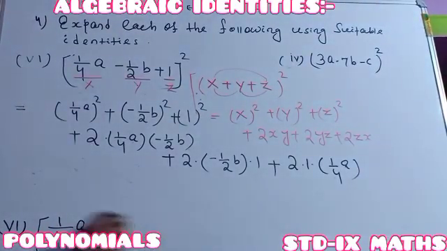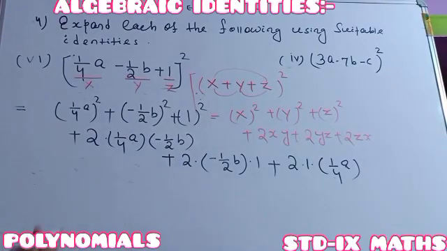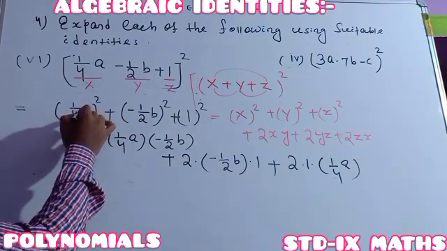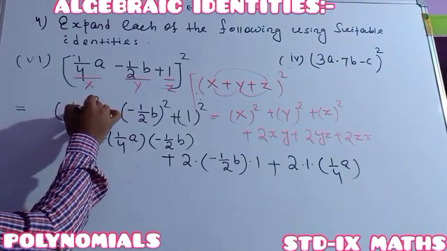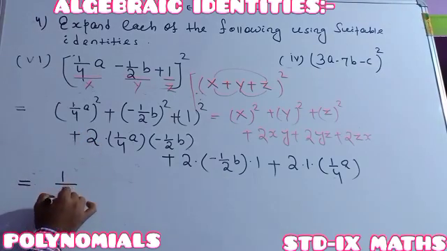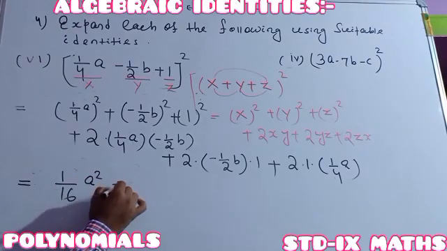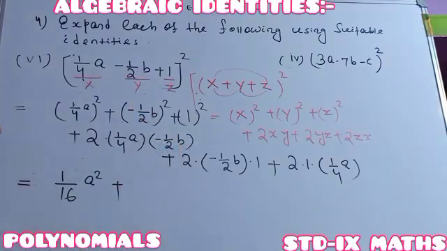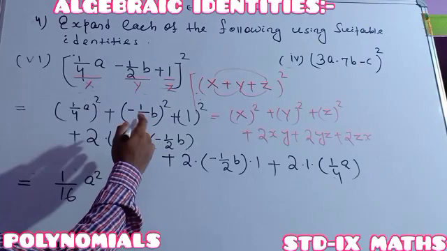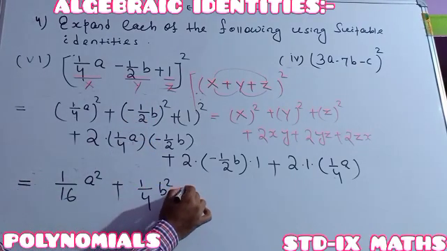have to open the bracket and that one will be our last step. So whenever opening the bracket it becomes, see, 1 by 4a square means 1 by 4 square and also a square. So 1 by 4 square means 1 by 4, 1 by 4 equal to 1 by 16 a square. And here it is negative, its square will be positive. 1 by 2, 1 by 2 will be 1 by 4 b square. Then after 1.